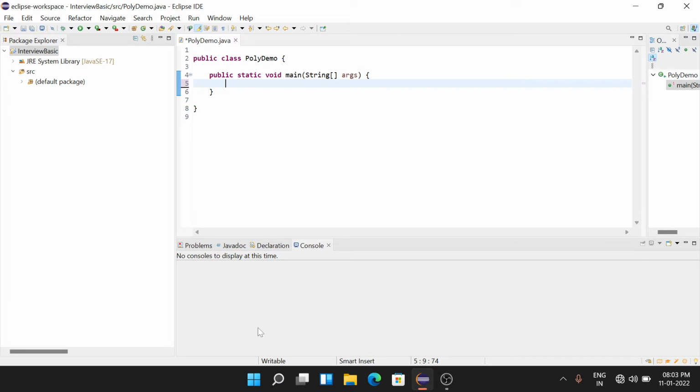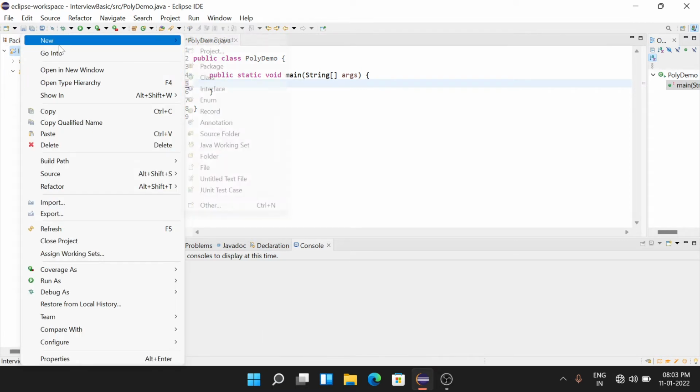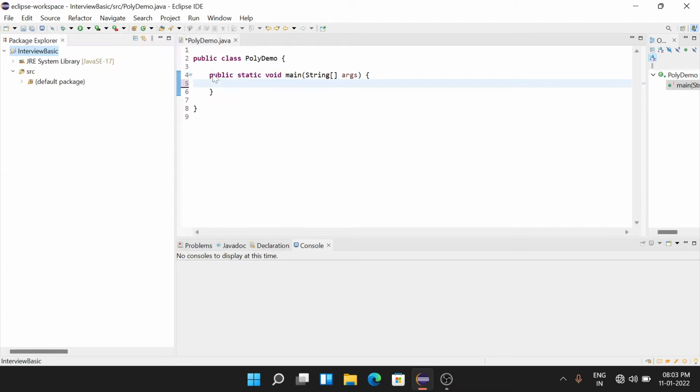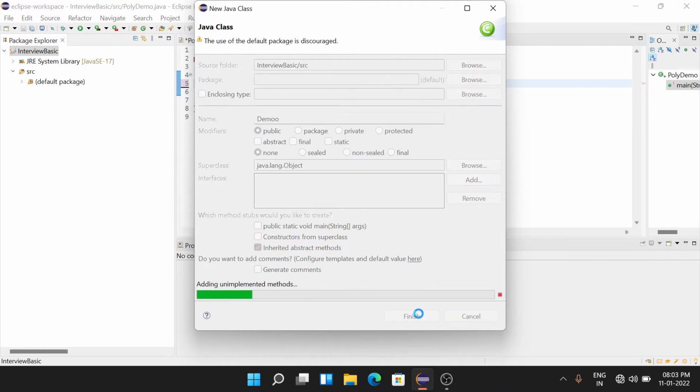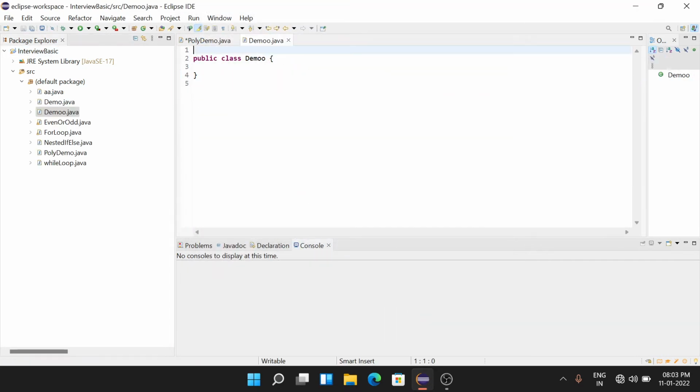So let's try to do this. I'm creating one class, and the class name is Demo. In the Demo class, I'm writing one simple method, public int.